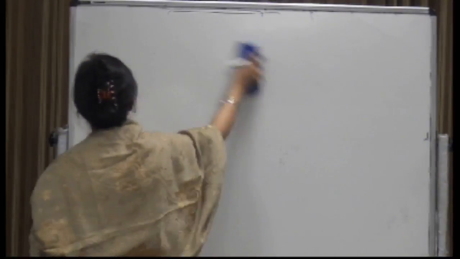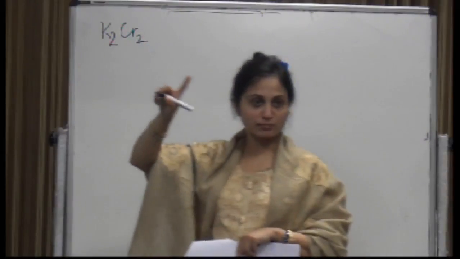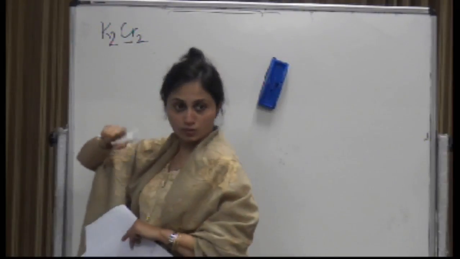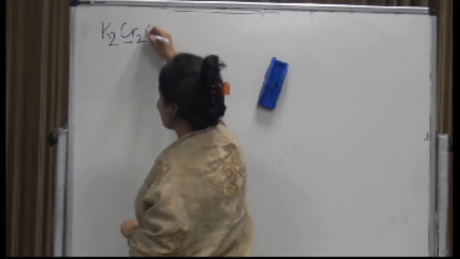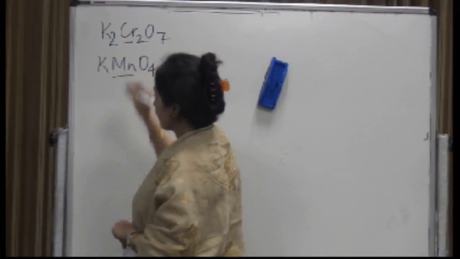Find out the oxidation number for chromium in K2Cr2O7. Alright, let's try it out. Now, you find out the oxidation number of the underlined atom. Work it out independently, take your time, there's no hurry. It will be Cr2O7, then KMnO4, alright, then